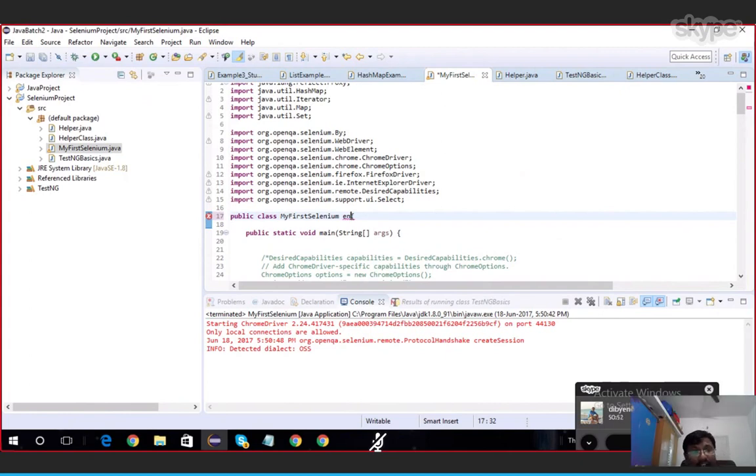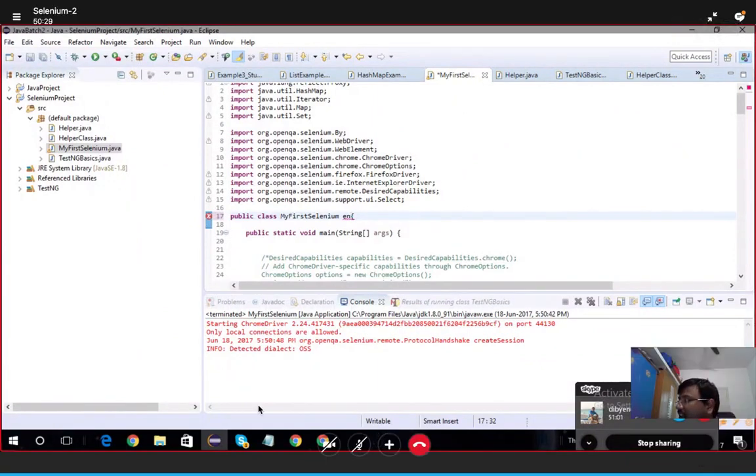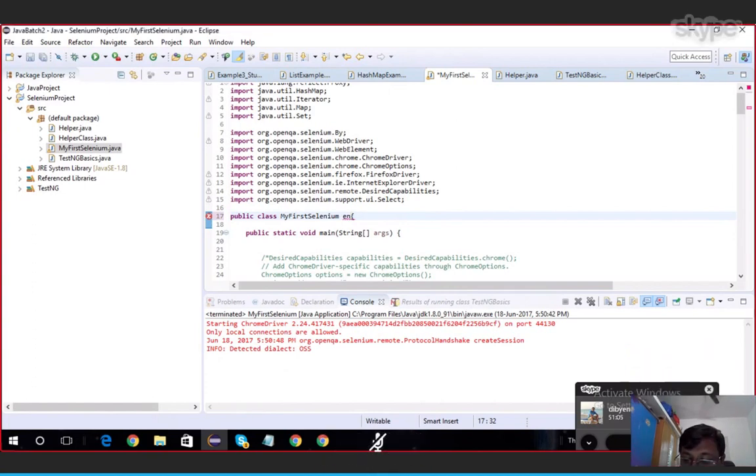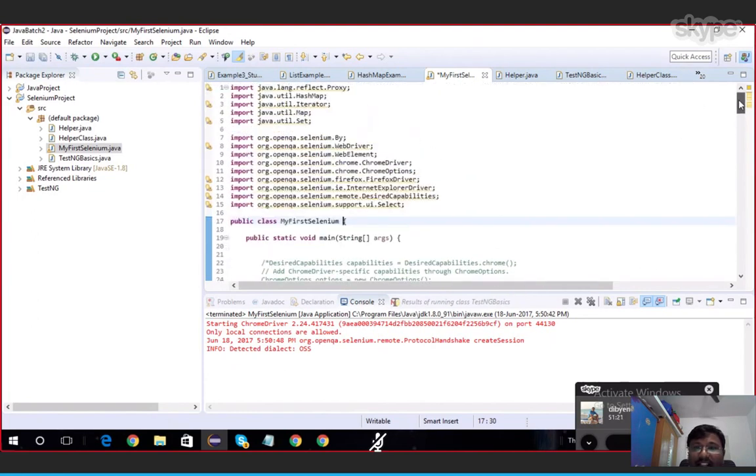Why did I write it as a separate class? You will understand soon. We can write one method in the same class also, but that method is available only to these class members. If I write it outside, other people can also use it. Consider this is a frequently used method by everybody, because everywhere we have to wait for some time. That's why I wrote it as a separate class and implemented it there.